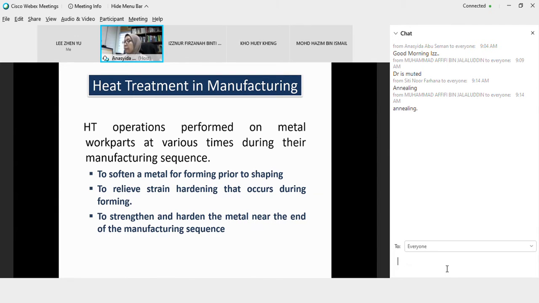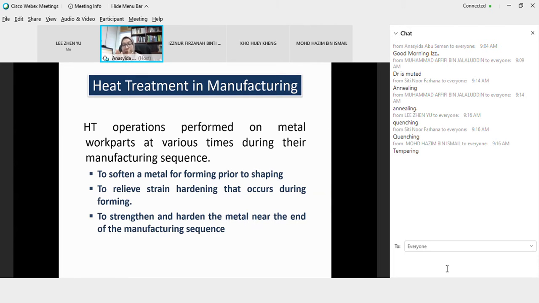Dah lupa dah. Heat treatment dia apa? Quenching lagi. Normalizing also can be done. Tempering. Okay, tempering you can actually also do after the process of quenching. So you can also do annealing, but annealing you have to do at the